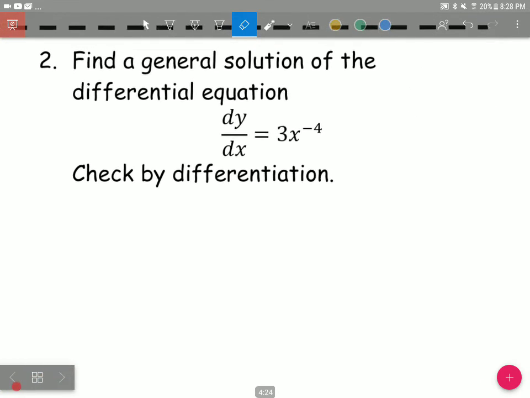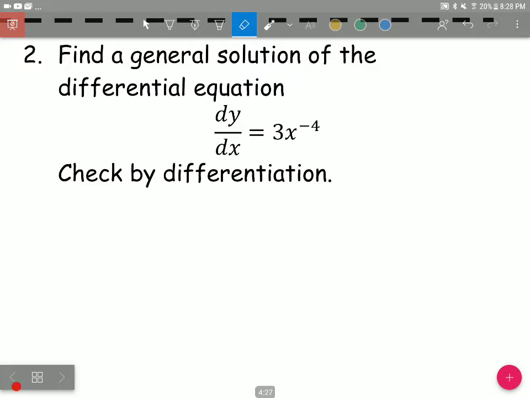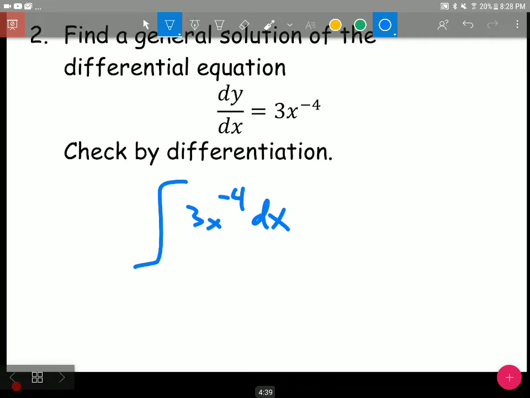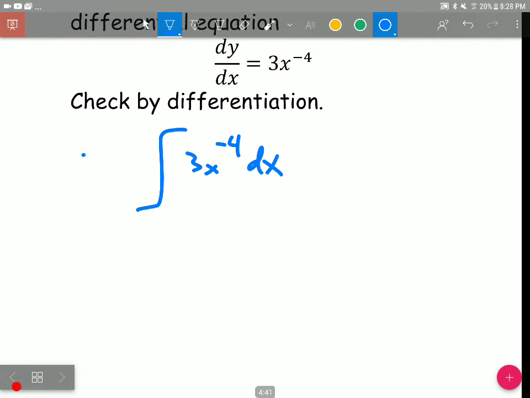Find the general solution of the differential equation. So what they first want us to do is the antiderivative. Give me an actual pen. The antiderivative of 3x to the negative 4th dx. So what we're going to do is up that exponent. y equals, y is going to equal, so up that exponent, it's going to be negative 3. Plus 1, negative 4 plus 1 is negative 3. Divide that by 3, that's a negative x to the negative 3,